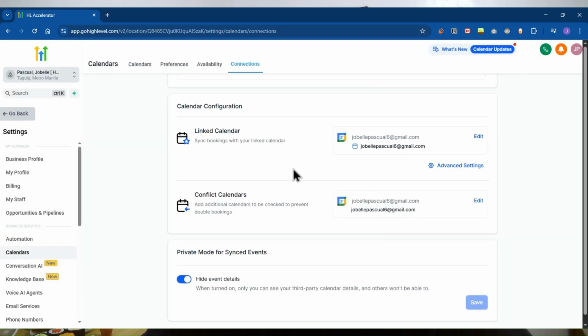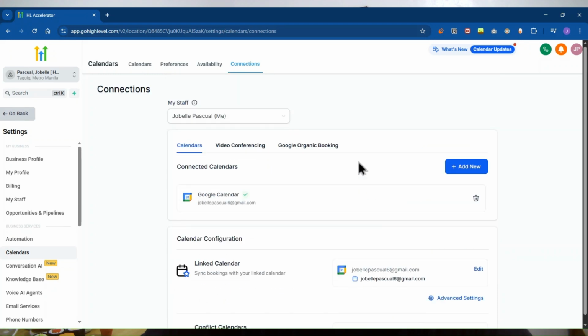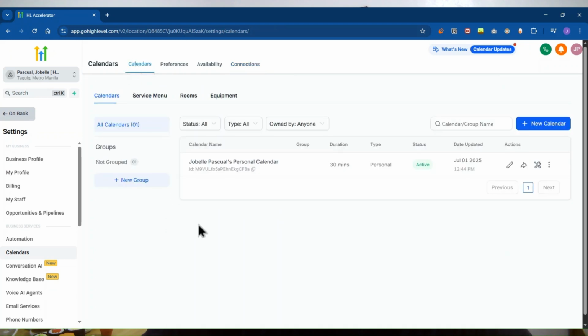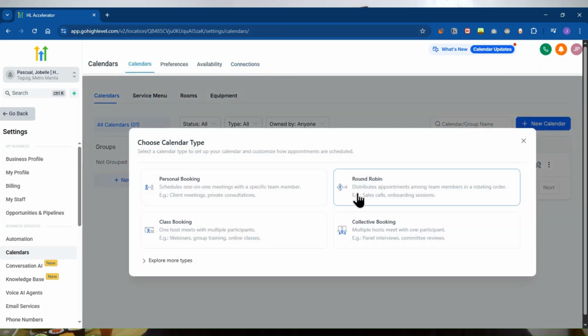So let's see. Now we are here. Let's go back to the calendar on the upper right menu and create a new calendar that we can use to let our clients or customers book a call with us, or we can book a meeting.